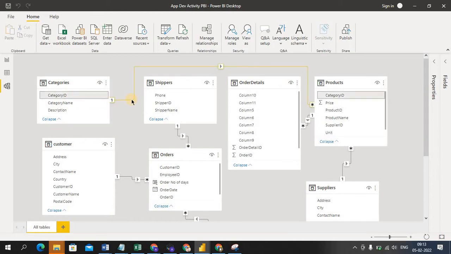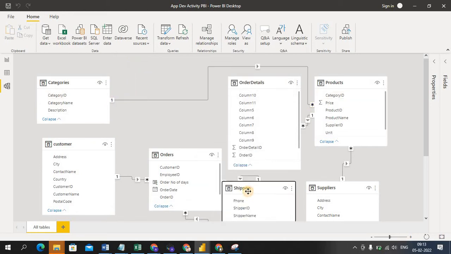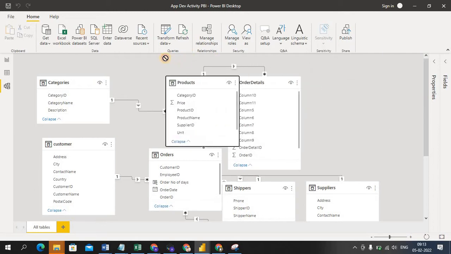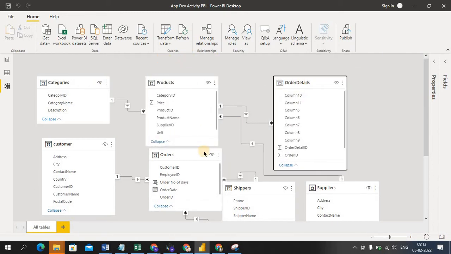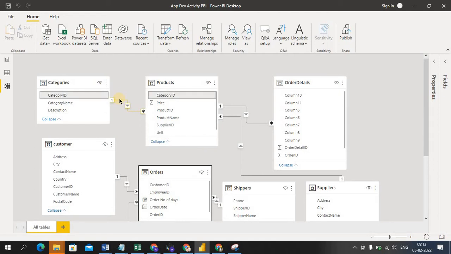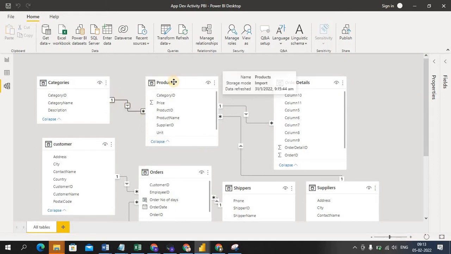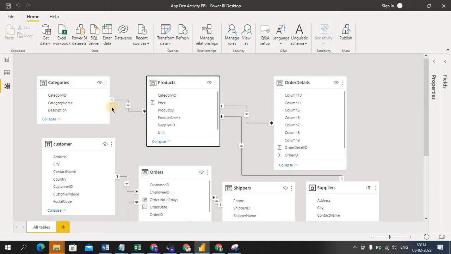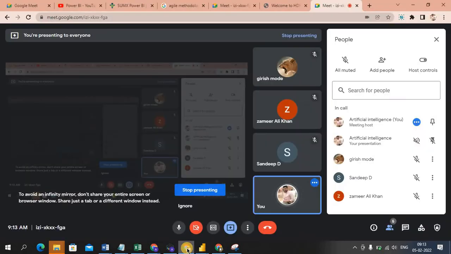So if you want to see the relationship between the tables, there is a link, right? This link you can select, you just click on that link, you'll understand to which table it's joined. So see, I told you the relationship here. One to many: this table maintaining one record, this table maintaining many records. So you can see 1 to star. So anybody joining here?